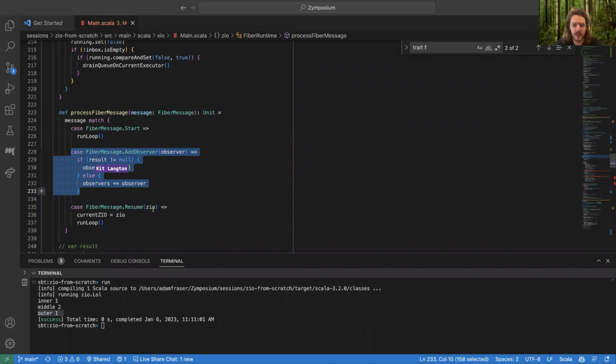Yeah, and if you go back to the first time we did this in the first ZIO From Scratch series, all of this needed to have comparing sets, and basically the observers needed to be inside of an atomic reference. We basically needed to do that thing that we were just doing in this one place in the drain queue on current executor, or rather the offer to inbox. And so far we've really only earned this one bit of state from it, this observer state.